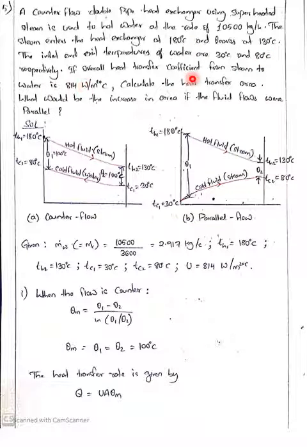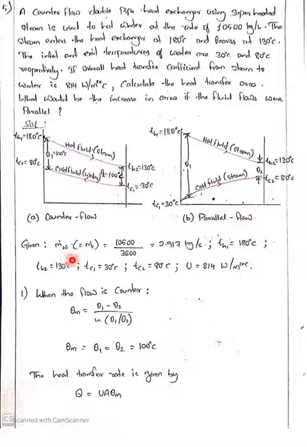Now the overall heat transfer coefficient from steam to water is 814. So what he has given is the value of U. Calculate the heat transfer area. It is asking to find the area of the heat exchanger. And what would be the increase in area if the flows were parallel? Initially he has given the temperature distribution with respect to counterflow. So with respect to this you have to calculate the area. Similarly he is asking what happens if the same counterflow is replaced with parallel flow. So what would be the increase in the area of the heat exchanger? Let's see how to solve this problem.